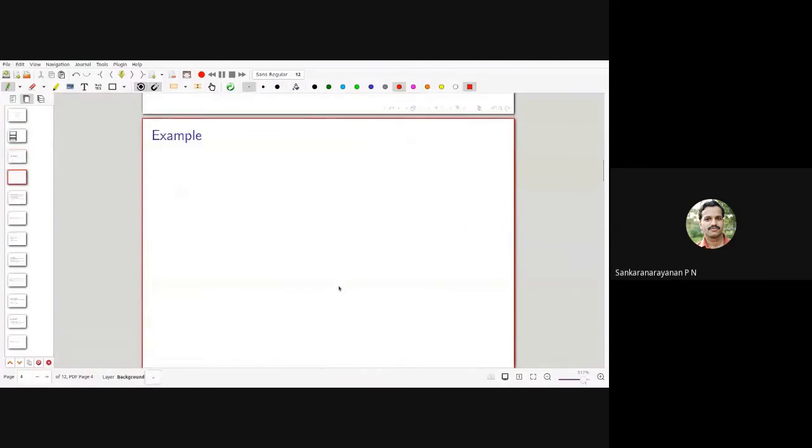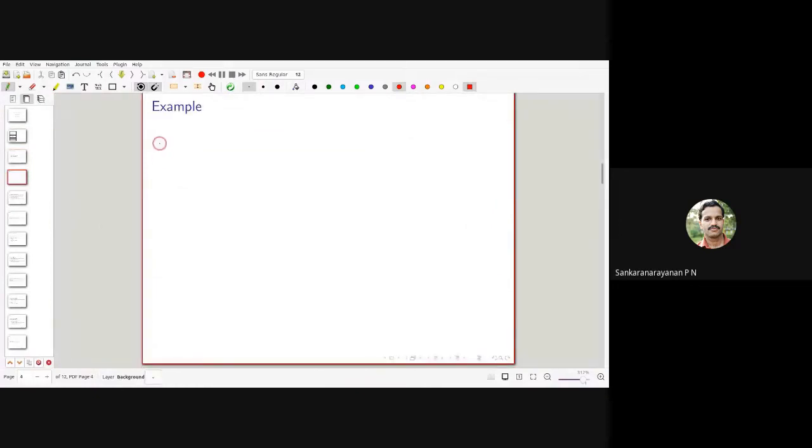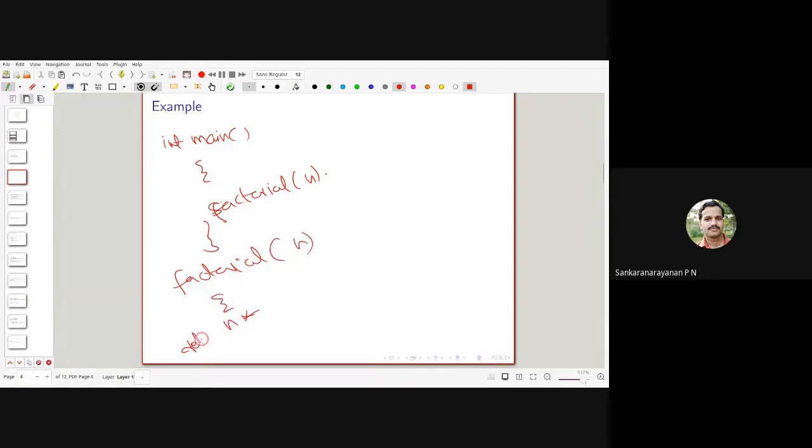So I told already an example. Suppose we have a function and it calls, say, factorial of n. Then in the factorial function we have n into return factorial of n minus 1.